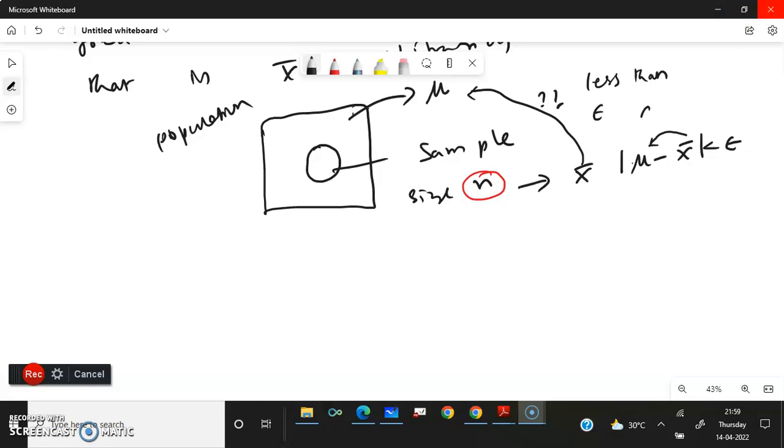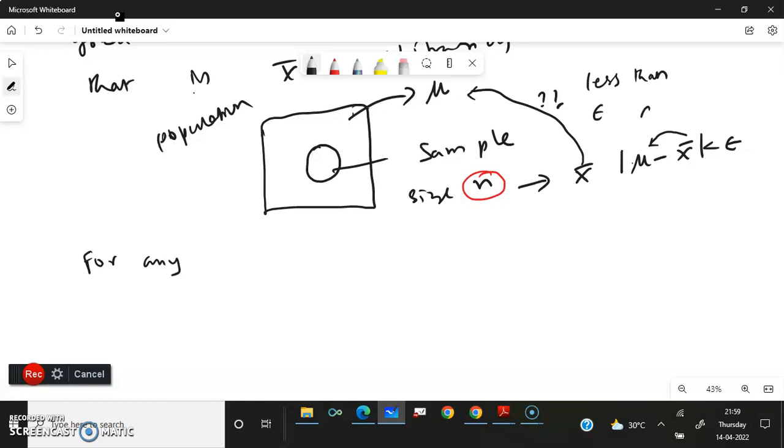What we have seen in the previous classes, we considered the sample mean, because the sample mean should be as close as possible to the population parameter mu. So for that, we'll be writing symbolically. It means how much it is going to deviate; it should deviate less. That is what our concern is. So we'll be writing mathematically for